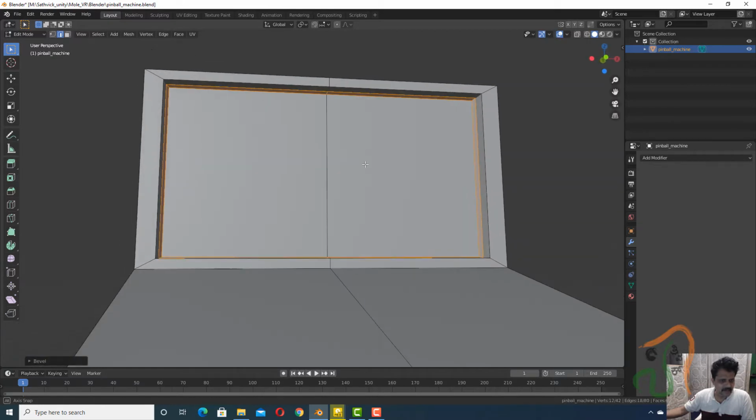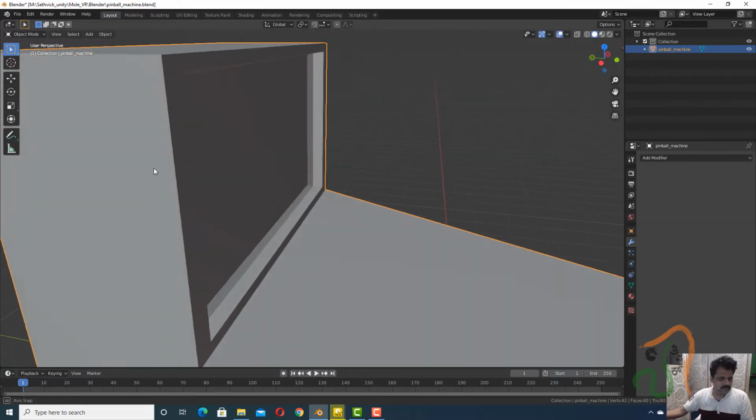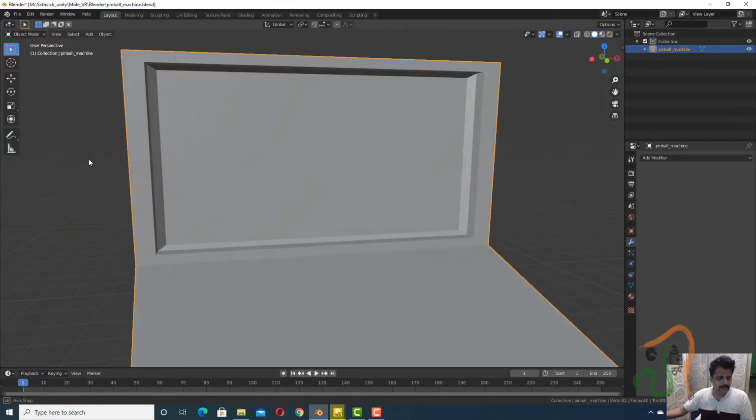After adding the bevel, come back to face mode, select these two faces and scale it down a little like this, so that you have a kind of screen projection. Press tab and come out and see, this is fine. Okay, so this screen appears fine.